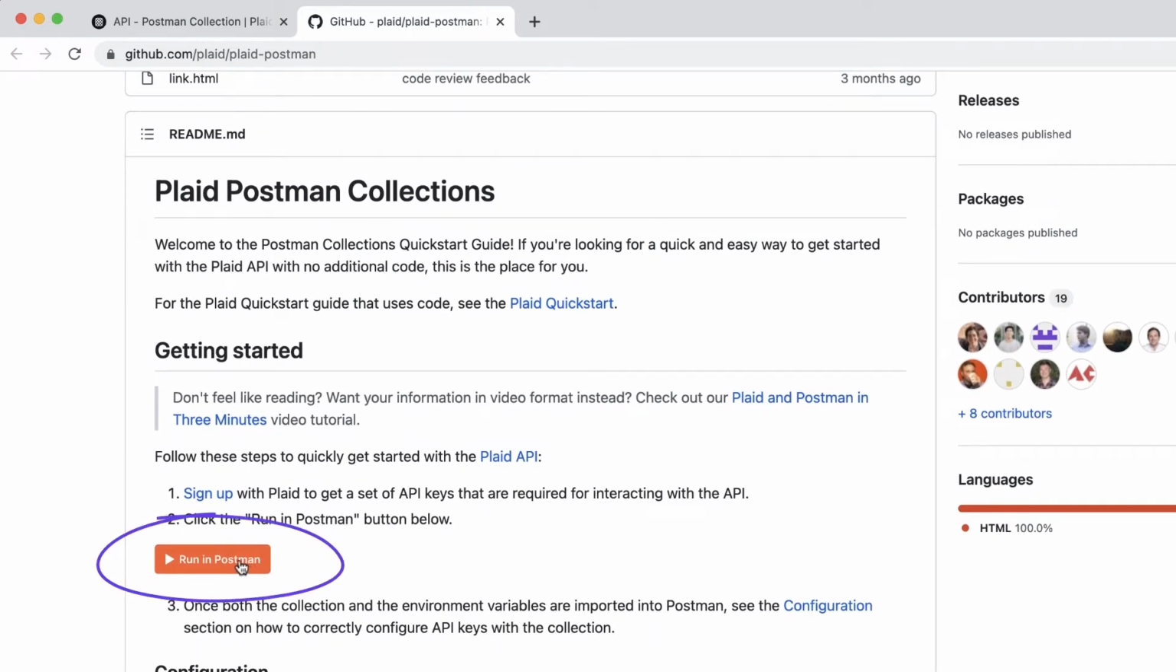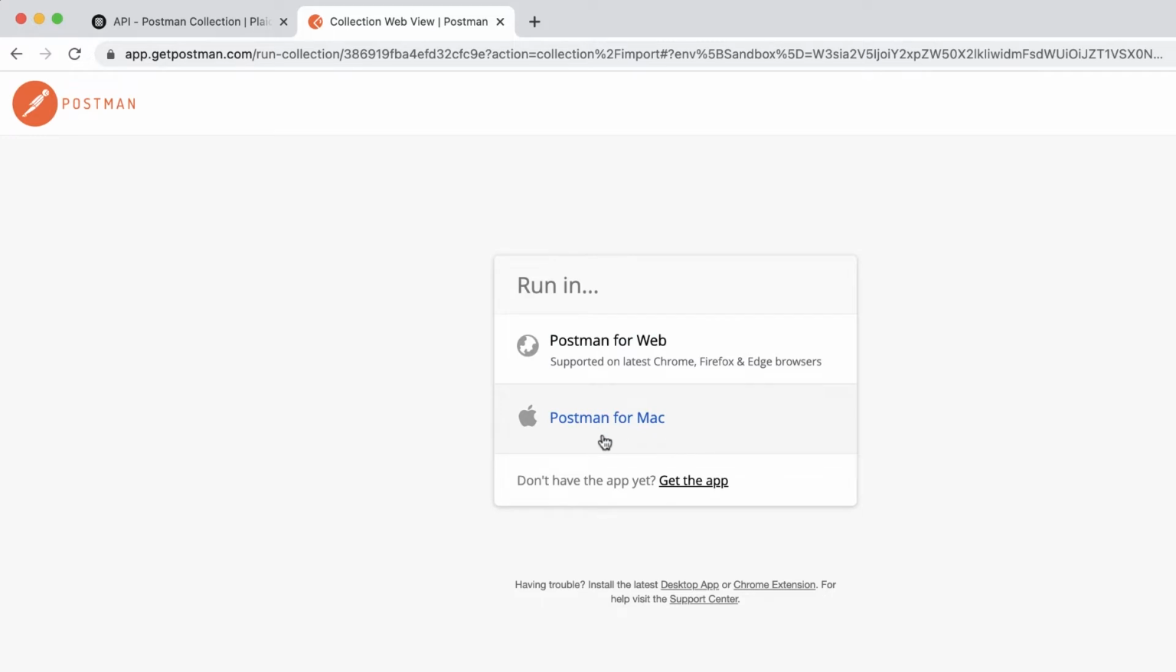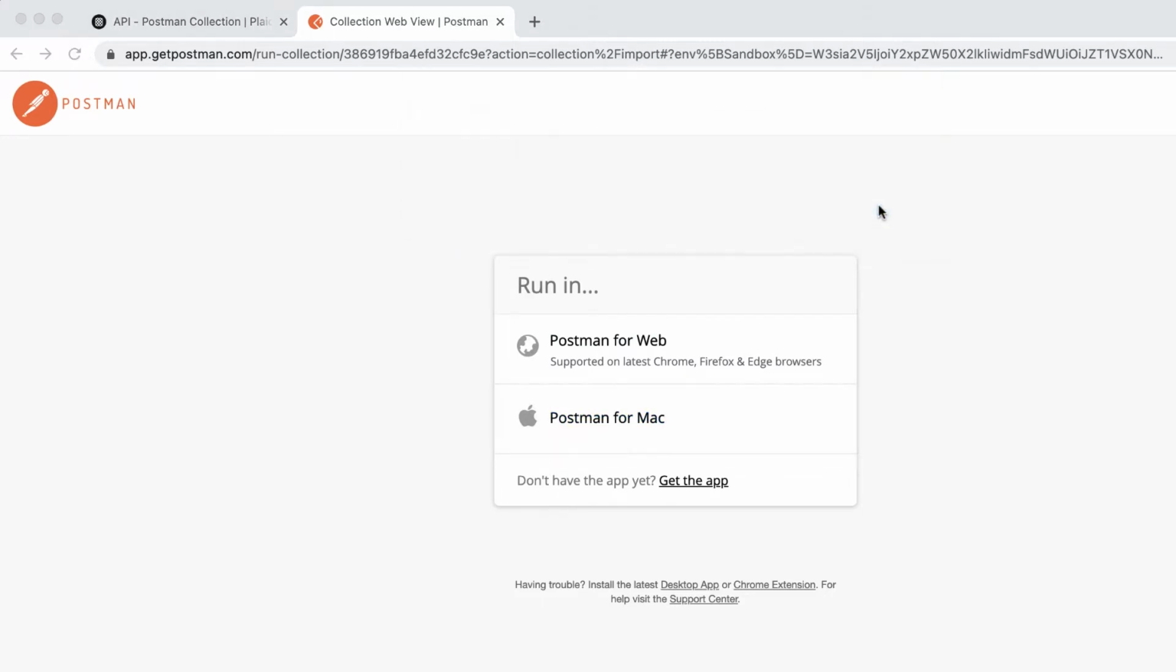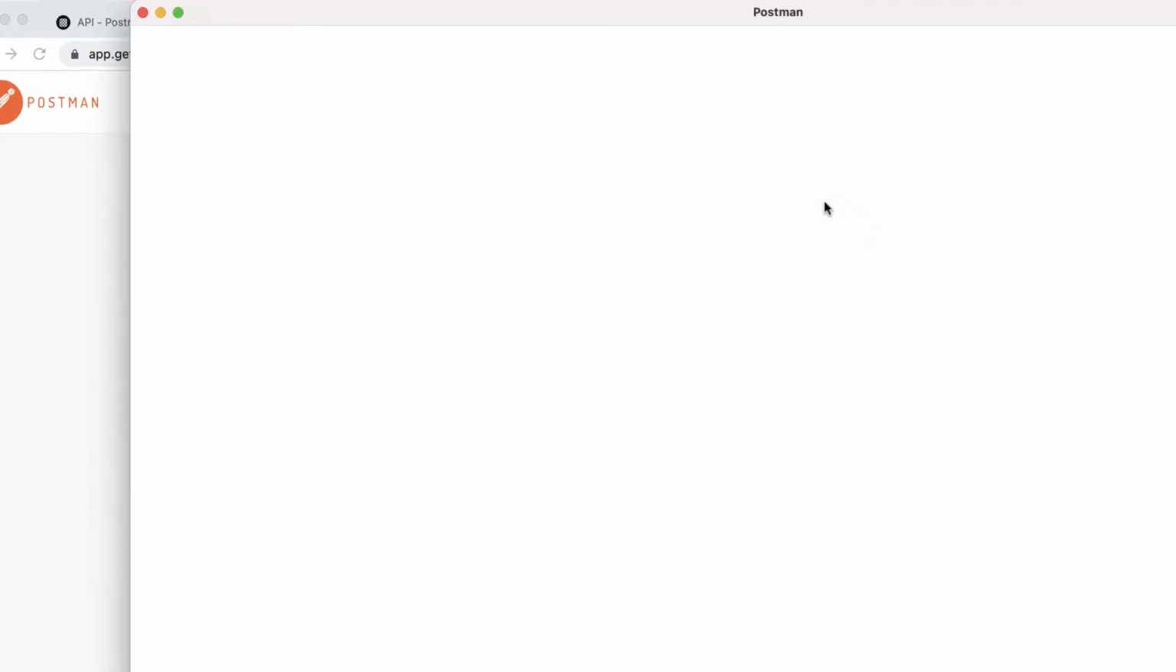What this is going to do is take the collection of HTTP calls and sample responses that Plaid has published and load it up directly into Postman. I will click Postman for Mac to run it on my desktop app, and I will say, yes, go ahead and open Postman. Now this will load up my app, and it's going to ask me to import this collection